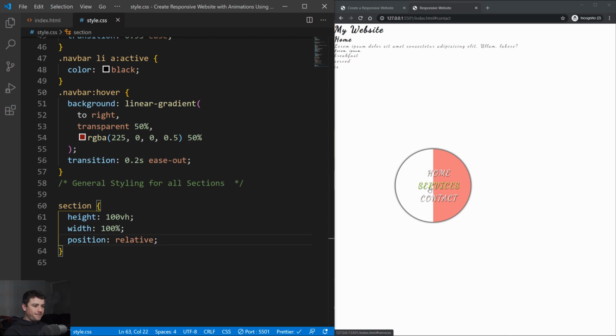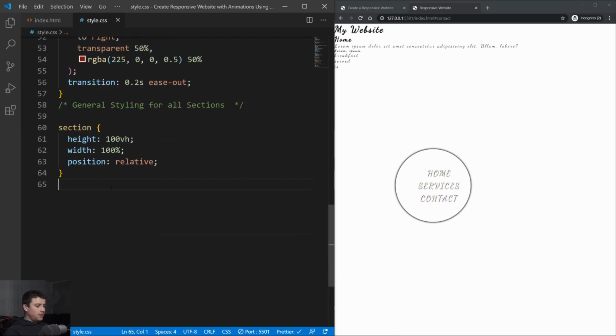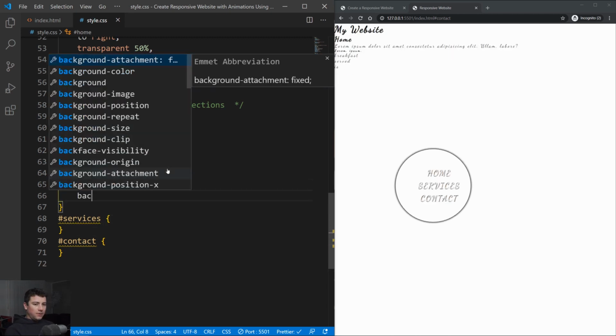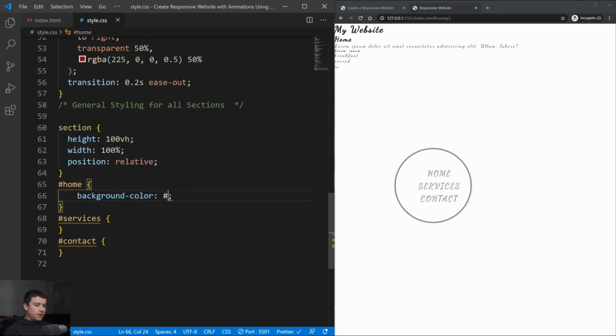Okay, now let's move on. Let's take the IDs of each section. So home, then the next one, services, and the last one was contact. And let's give them individual colors. So I want the background color of the home page to have a hash